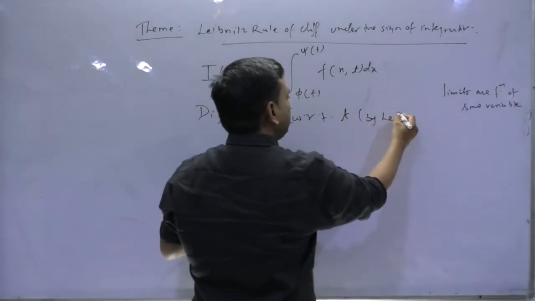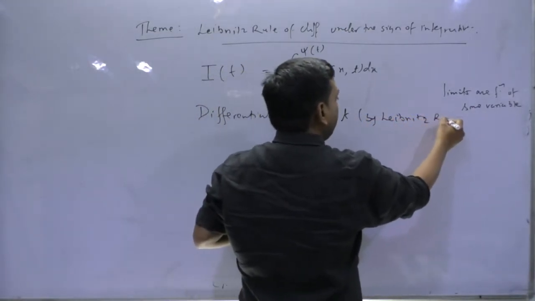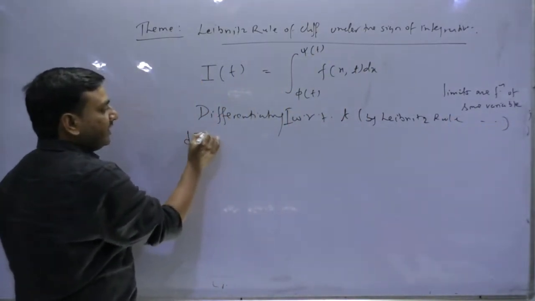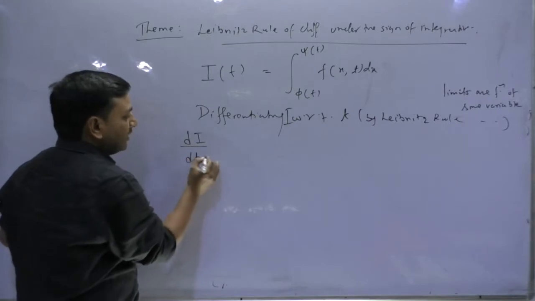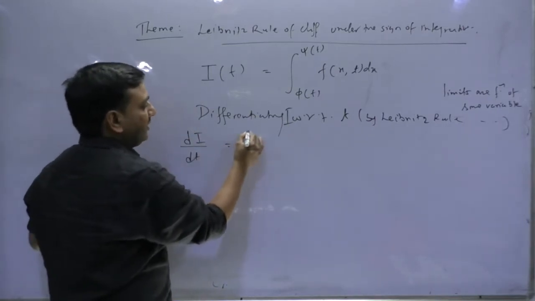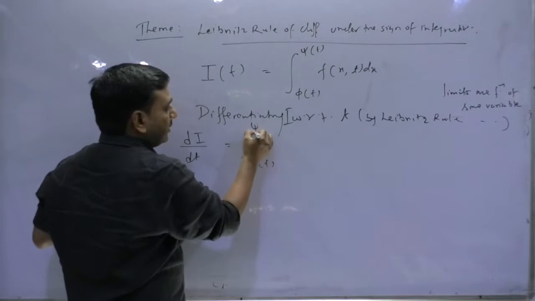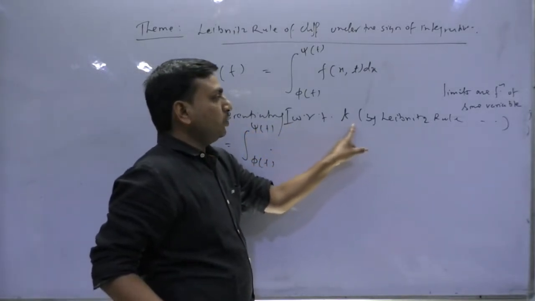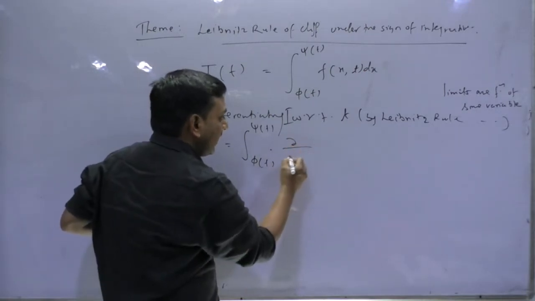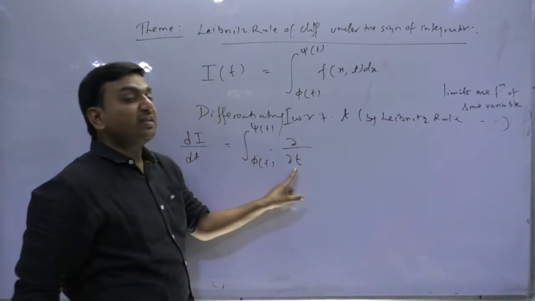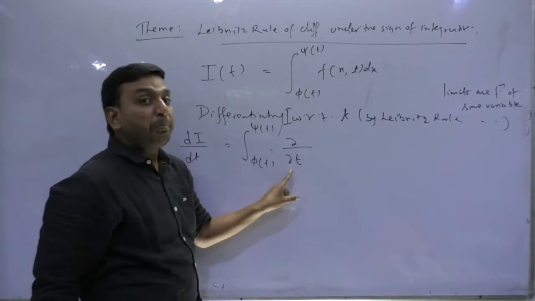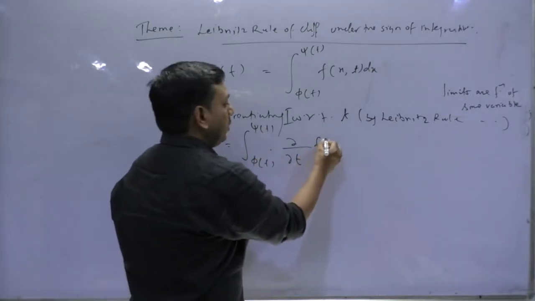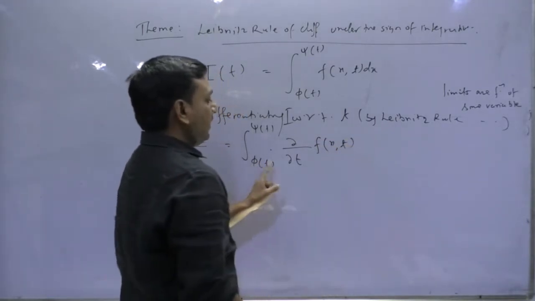So by Leibniz rule क्या कहता है? Under the sign of integration कि okay, this integration will be coming out as dI upon dt. Please notice, limits differentiation with respect to t. So here I will be differentiating partially. Please remember, partially with respect to t of the function f of x comma t